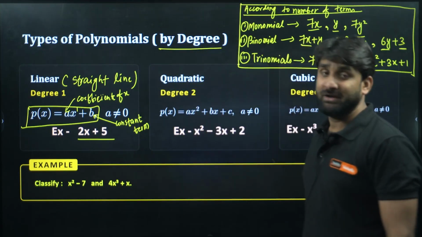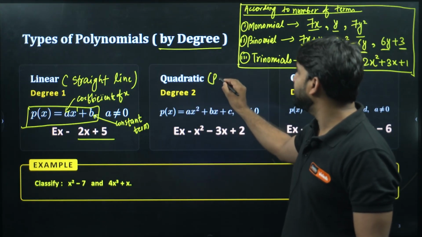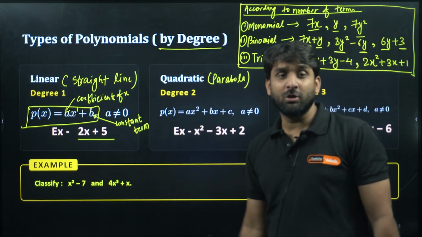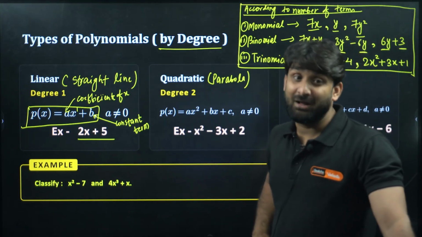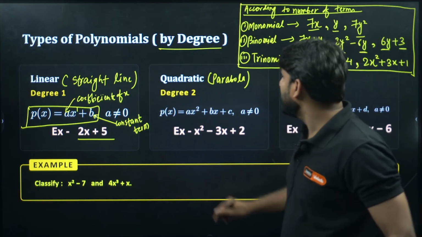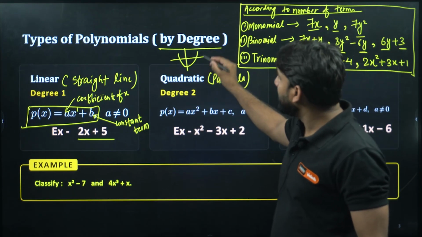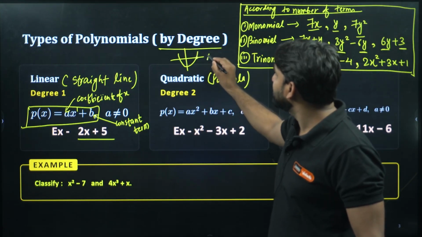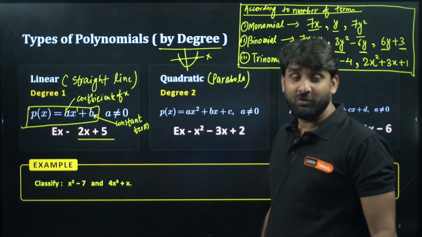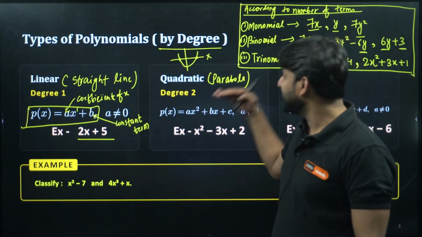Moving ahead, quadratic. So my dear champion, a quadratic polynomial will always give you a parabola. When you draw a quadratic polynomial on a graph, it will always give you a parabola. And parabola means what? This polynomial will look like this. When you draw the polynomial, it will be intersecting the x-axis at 2 points. So how many solutions will a quadratic polynomial have? 2 solutions. There will be 2 values of x which will satisfy the given